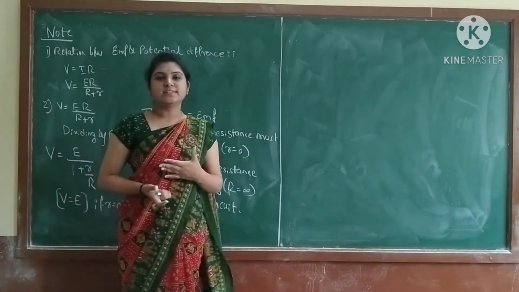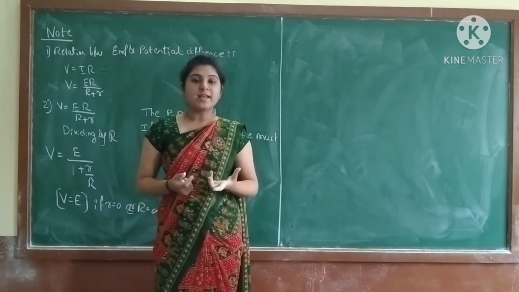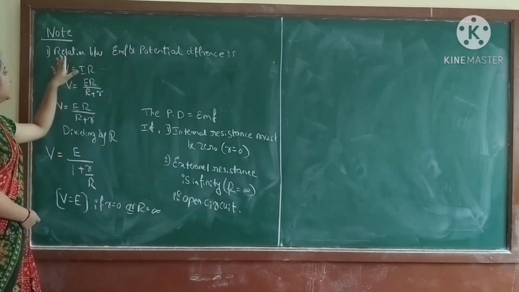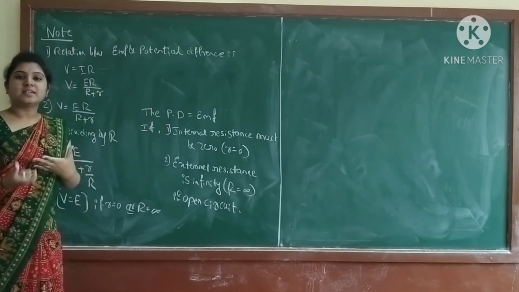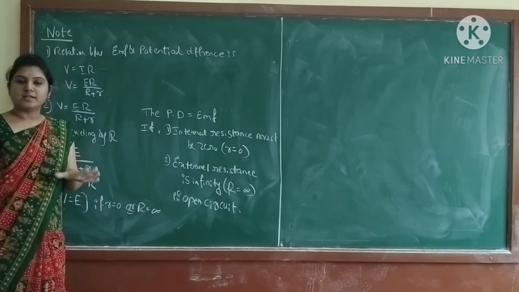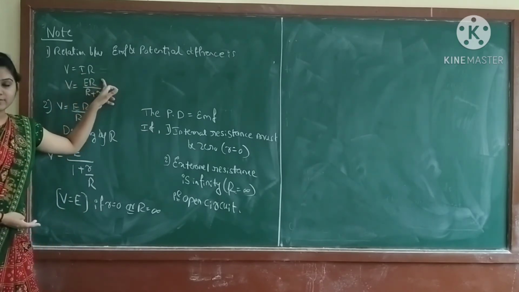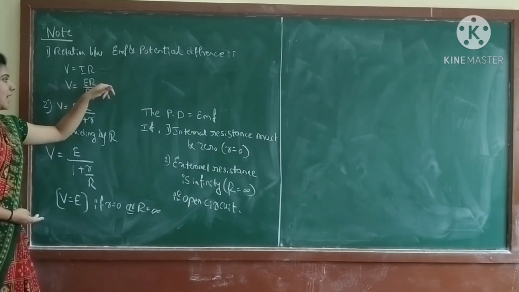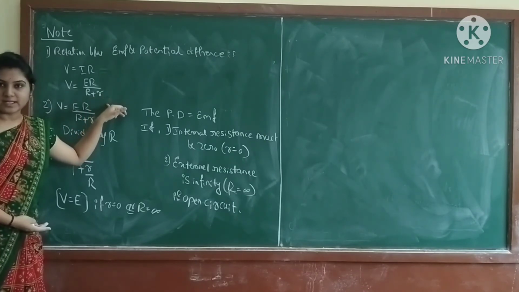Yes, students, after discussing the definition of the terminal potential difference of a cell, we have some notes here. Yes, like some conditions. What are they? See, the relation between the EMF and the potential difference. Yes, we are constituting the relation between the EMF and potential difference of a circuit. What is that? V is equal to IR. We know that one, that is Ohm's law, equation number 2. And then V is equal to ER divided by R plus r, that is equation number 4 that we considered.